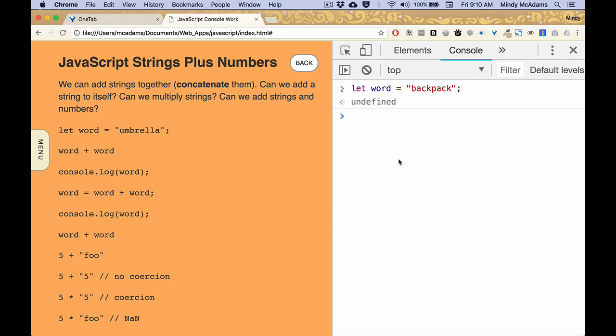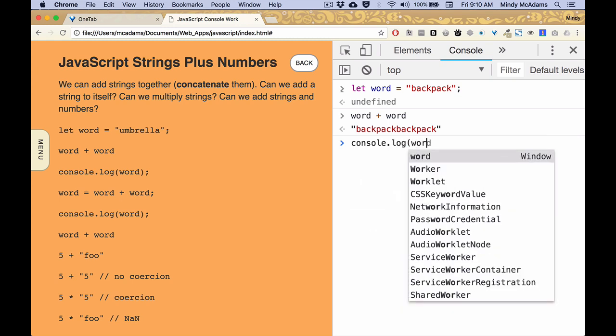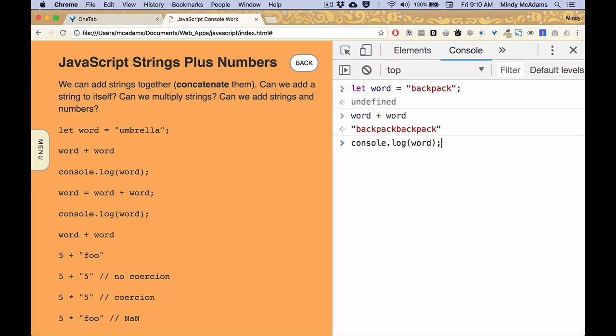So I've made a new variable, and the variable name is word. So let's see if I can add word plus word and what happens. Well, it seems I can. It's a little funny, it's a little odd, but it works. So if I console log word, it hasn't changed because I added it together. If you make a statement without putting the result into a variable, the variable you're using doesn't change, and we've